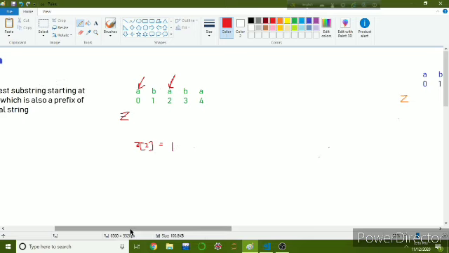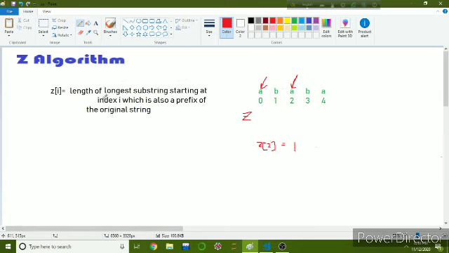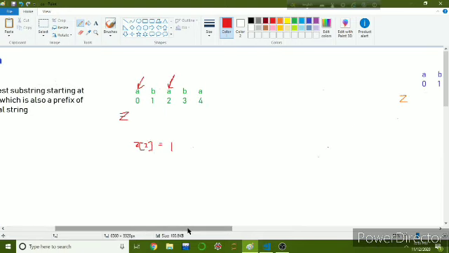As the Z value at index I means the length of the longest substring, we have to find the longest match. So as we have found a match of length 1, we will try to maximize the length of the substring. So we will match the next characters. The next character in the substring will be at index 3 and the next character in the prefix will be at index 1.